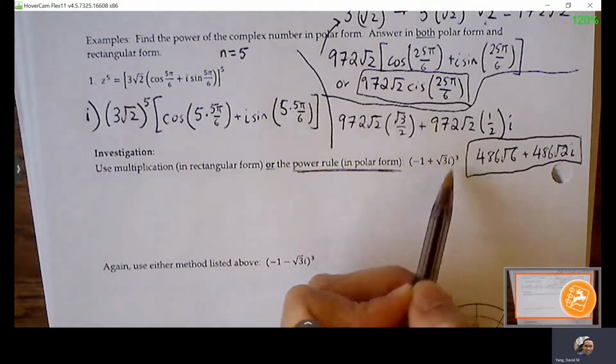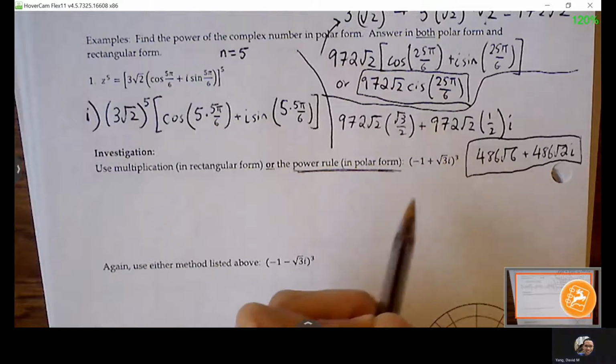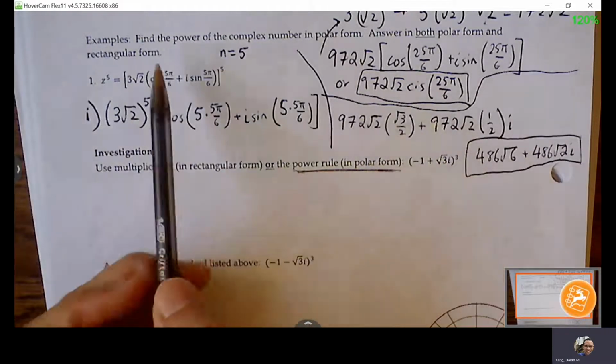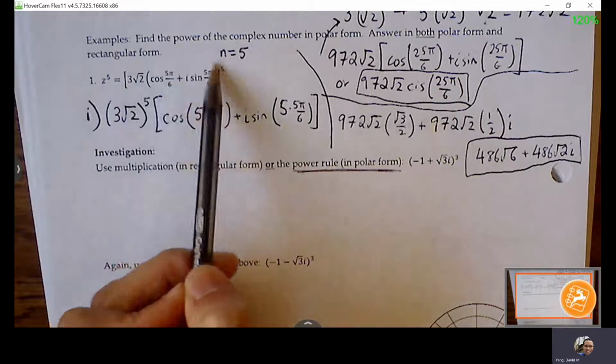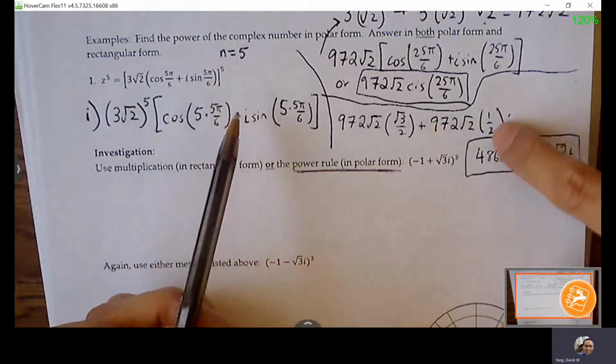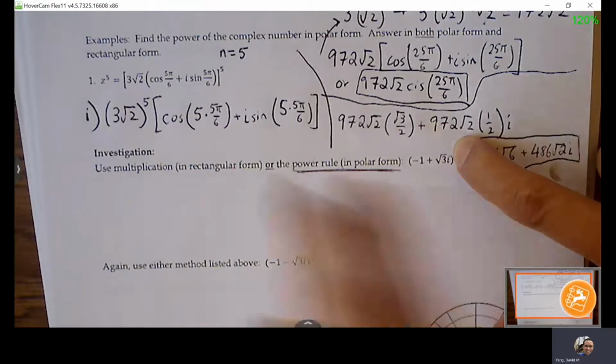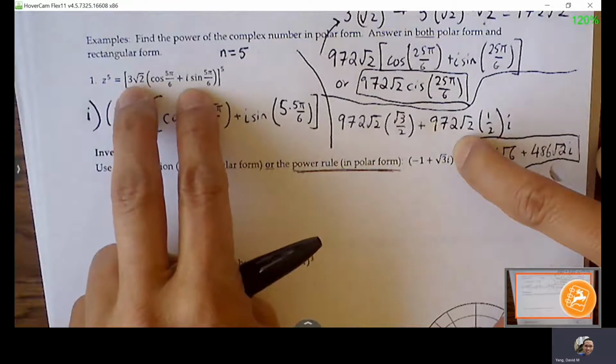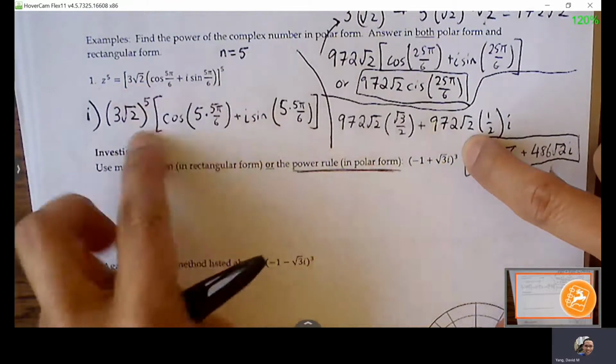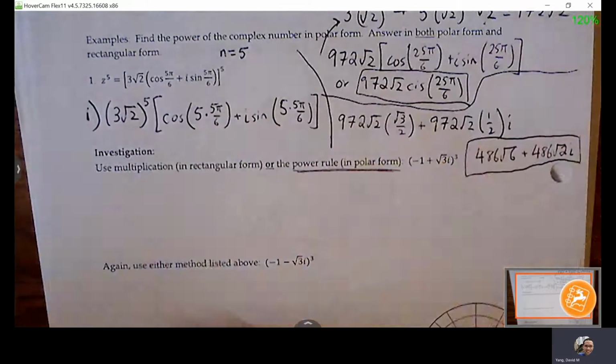So what we're going to do is take this rectangular form, convert it into polar form, and then once we're in polar form, we can raise it to the 3rd power. So right now we're just going to focus on the -1 plus root 3i. Get it into polar form, so Pythagorean theorem and inverse tangent. Then we can get it into this r cis form, and then we can go through this power rule. Okay, so